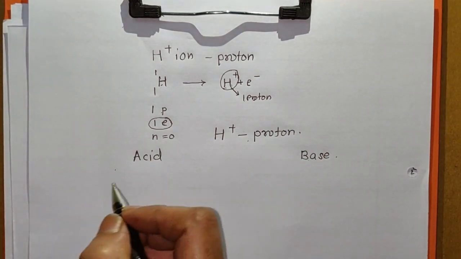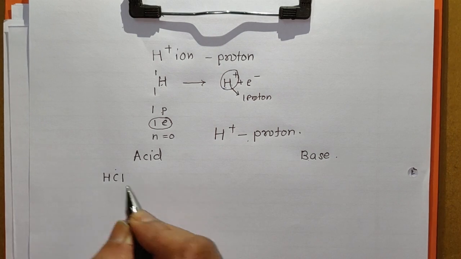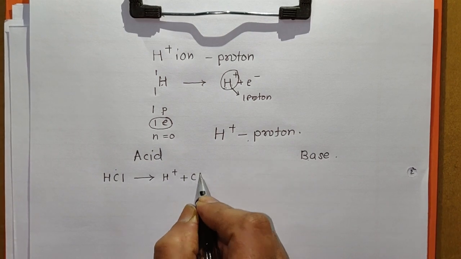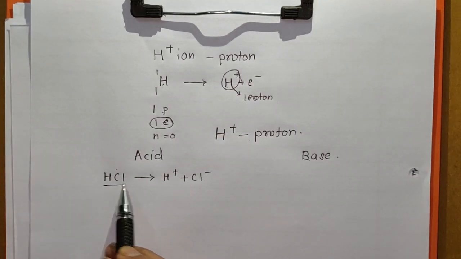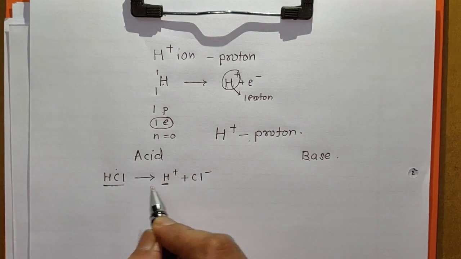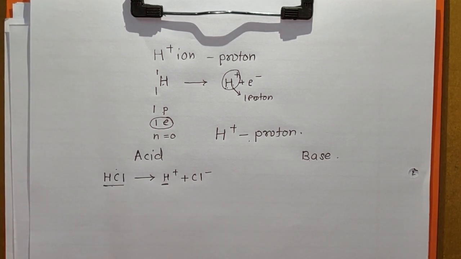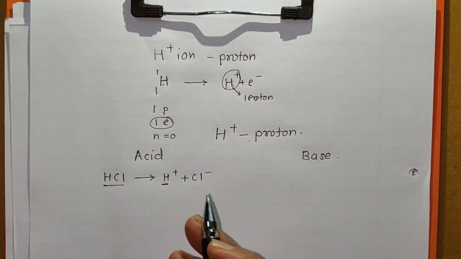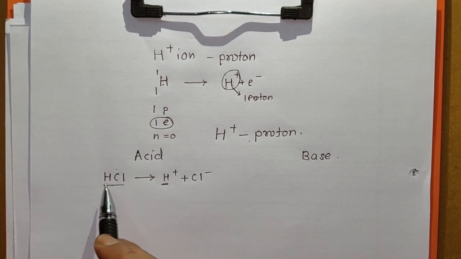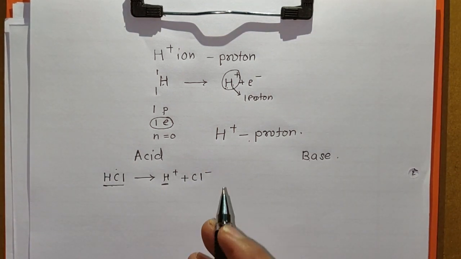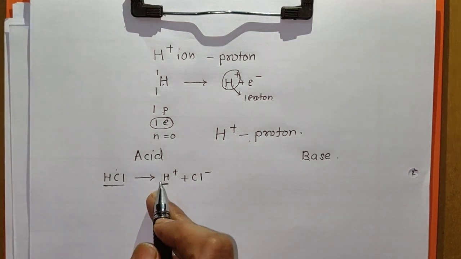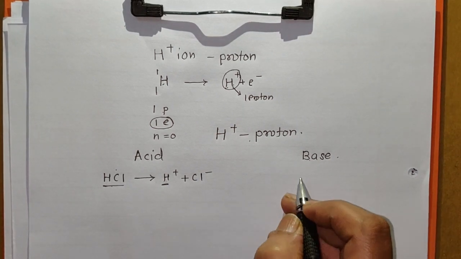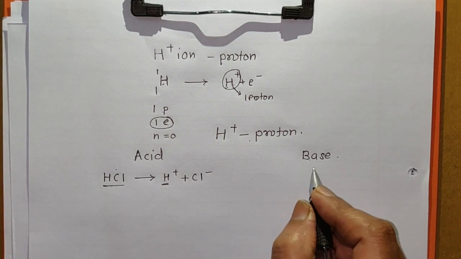For example, HCl can give proton H plus and Cl minus. Now HCl can donate proton, so it is an acid. In the Arrhenius theory there are different conditions, that is, HCl we have to take in aqueous solution, H plus ions must be obtained, but here HCl is called an acid. So many substances can be considered as acids according to this theory, and the substance which can accept proton is called a base.